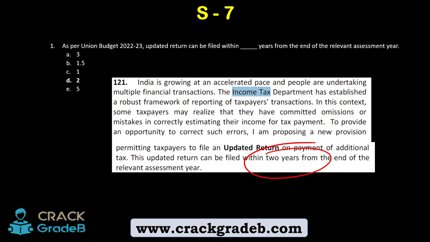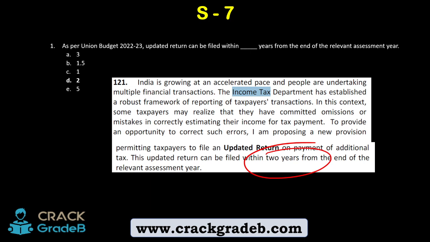It means that let's say you have filed an income tax return for the current assessment year. Maybe after 6 months you remember, or maybe you filed it on the last date and have not given all the information. Maybe your intention was right, but you forgot to add one of your bank accounts. As simple as that. Because in income tax every bank account should be given. Let's say you forgot one of your accounts, so within 2 years you can go ahead and correct that. This is what the budget has updated.